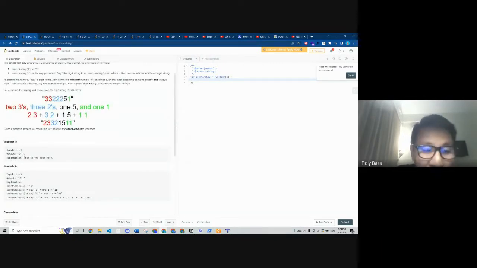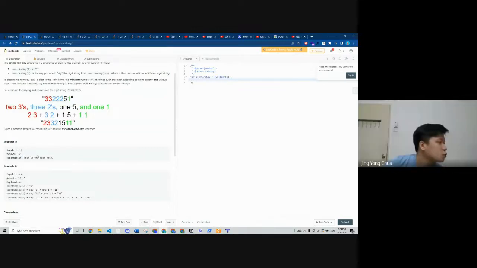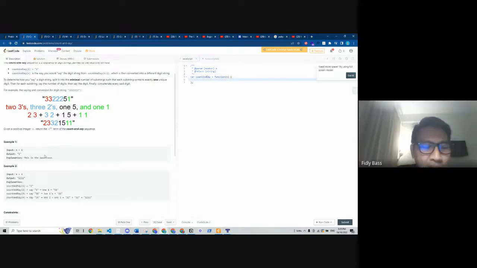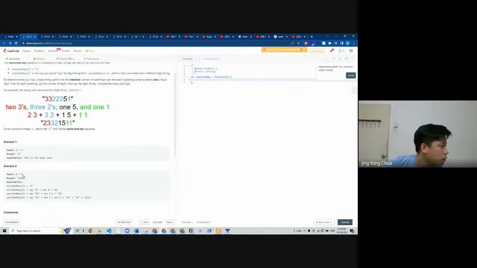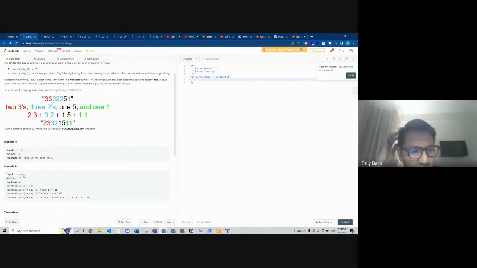Example 1, I don't quite understand. n equals 1, so there's only possible 1. Yeah, but it should be 1 1, right? Yeah, no. Okay. Oh, why is it? Oh, but input.